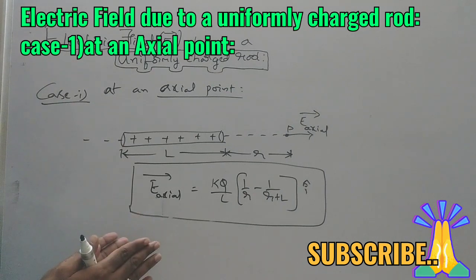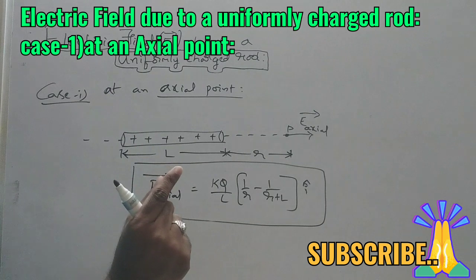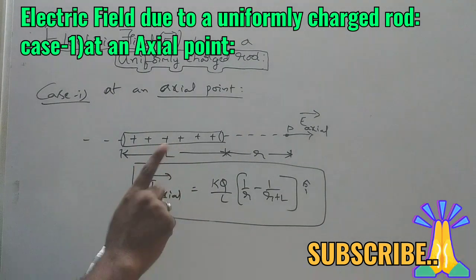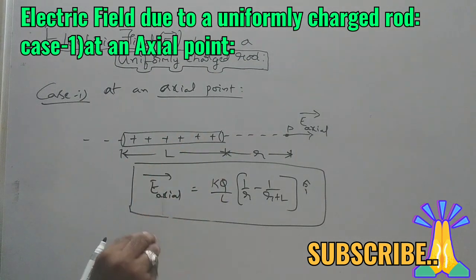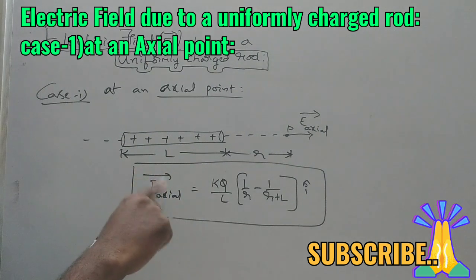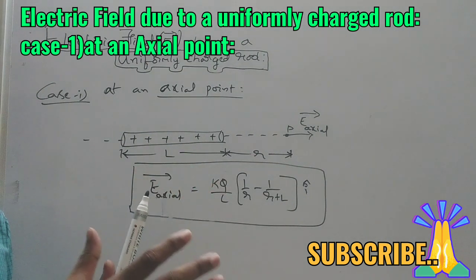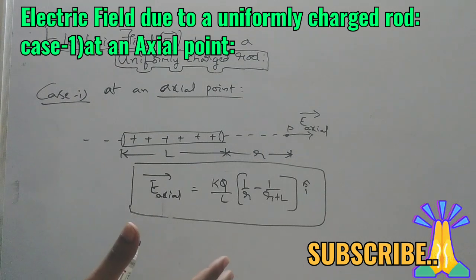In the case of continuous charge distribution, first of all you have to consider an elemental charge dq, and that acts as a point charge. Due to that point charge, we will write dE, small elemental electric field, and later by the process of integration we will get the net electric field. So all this process is similar everywhere. Even in center of mass also continuous mass distribution will be there. There also we will use the same.